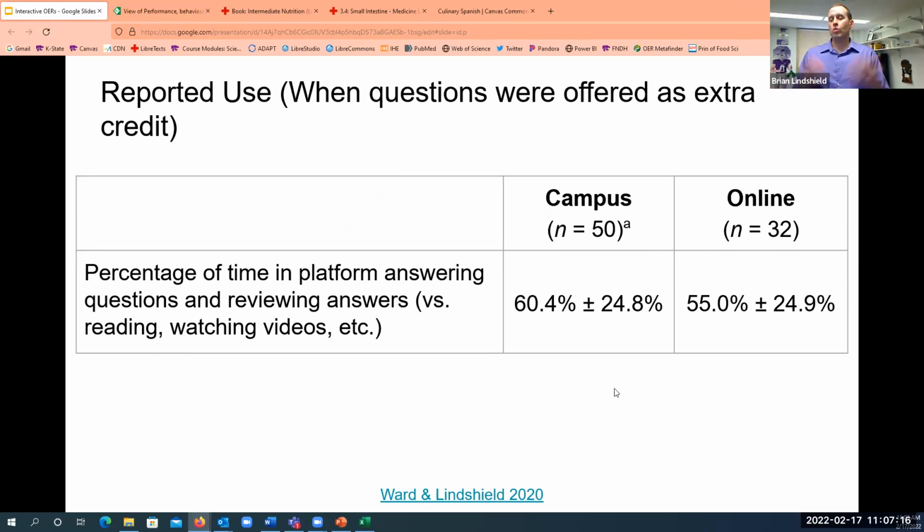And so we started asking questions like, what percent of time do you estimate you're spending on different sorts of aspects? This is the one that's most pertinent to this interactive OER idea: the percentage of time in the platform answering questions and reviewing the answers related to the questions. They were asked what percent of that time they spent doing this. And you can see that 60% for the campus, and my online students, I teach this class both campus and online, it's about